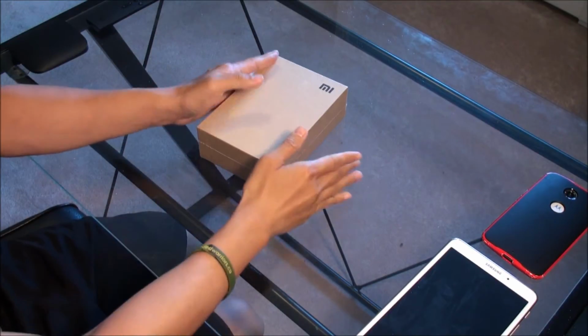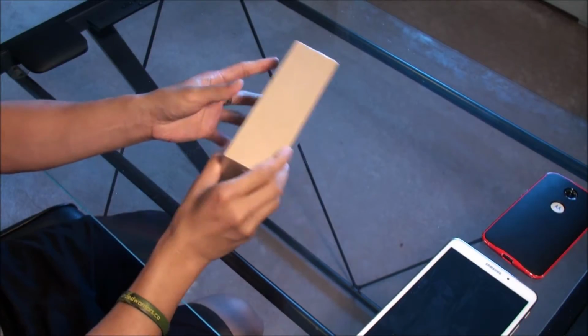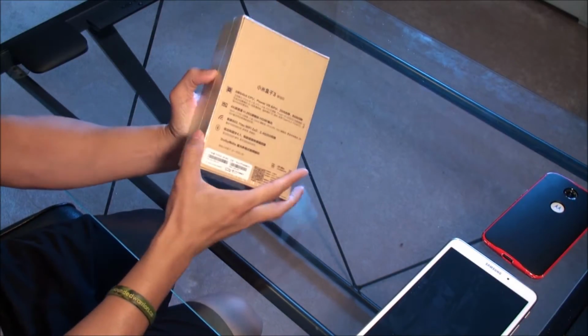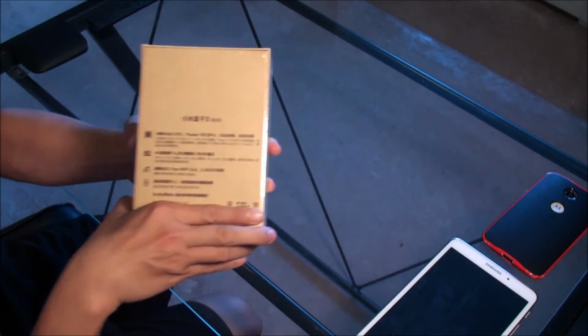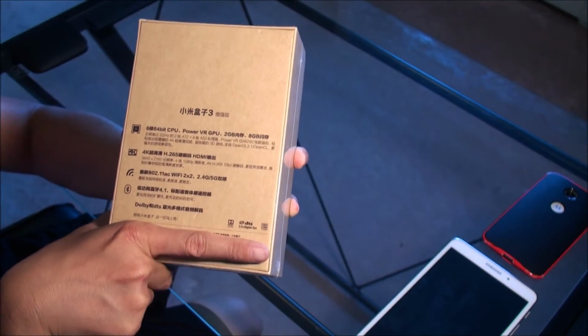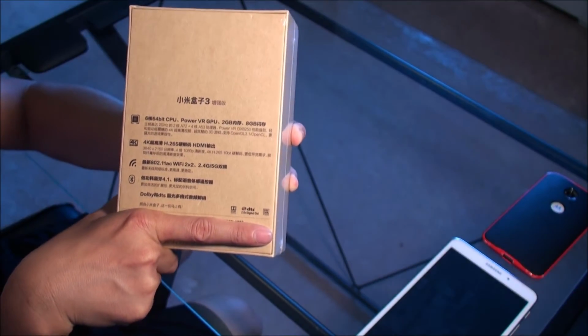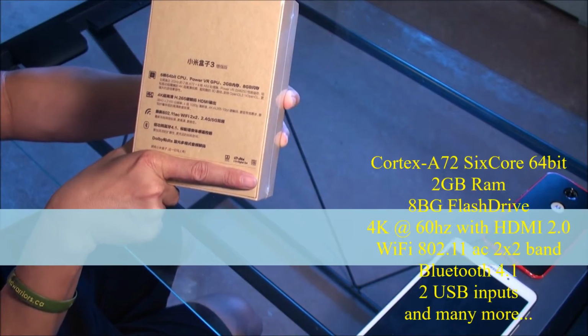I've been waiting for so long on this. I finally got a hand on the Mi Box 3 upgraded version. I had the Mi Box 3, but today I'm going to unbox the upgraded version. All the information is on the back of the box, and it says it has 4K, 6-core,